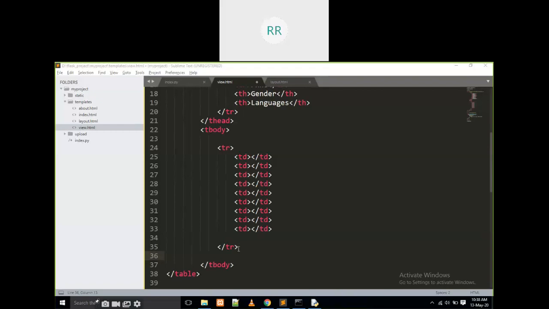That means we want 3 TRs. If it is 100, we are going to write 100. If it is 1000, 1000. That means we have to repeat it in a loop. We have to write some loop carefully.